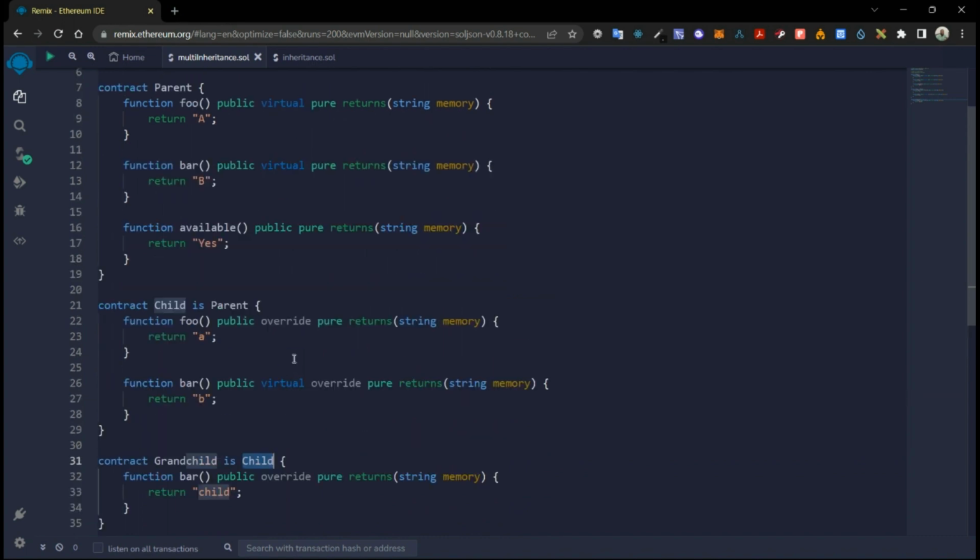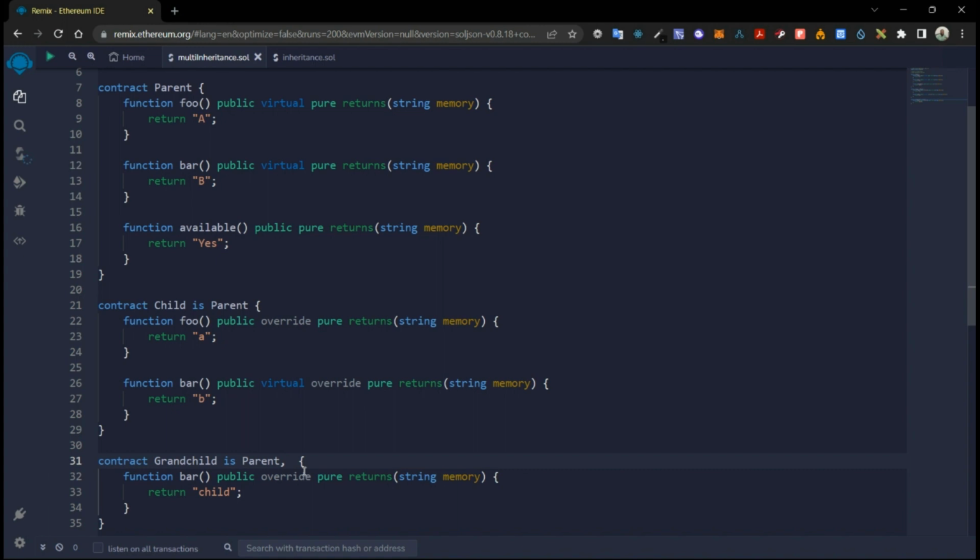In this situation, the parent would be the most base-like, and the child would be the derived. If you're doing multiple inheritance on a contract, you will write it like this. You have to write the most base-like first, which is parent,